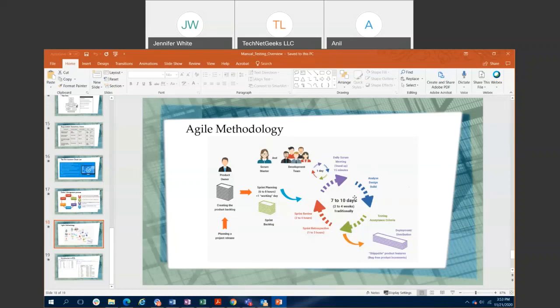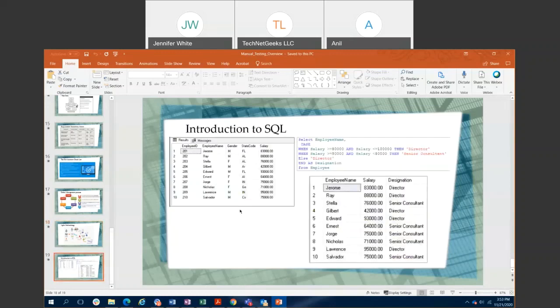It goes on for months to years because the customer keeps adding and enhancing the product and the team keeps working on it. So this goes on and on, which is good for the business and good for the people as well. We'll talk about this in more detail in the Agile class. Okay. Last, we'll come down to SQL. Now, SQL basically is a